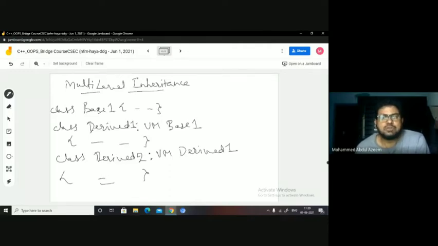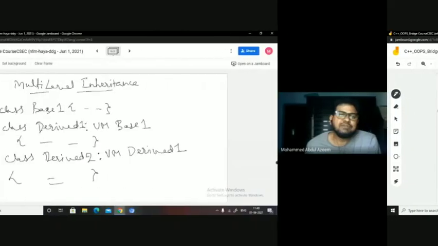Now what happens when the derive 1 class is inherited at derive 2? Derive 2 is going to have its own members. In addition to that, it will have derive 1 and as well the base 1, which have come here through this inheritance, right? So with the scope rules applicable and the privileges that are accessible with derive 1, they are going to be accessible here at derive 2 by checking the visibility mode.